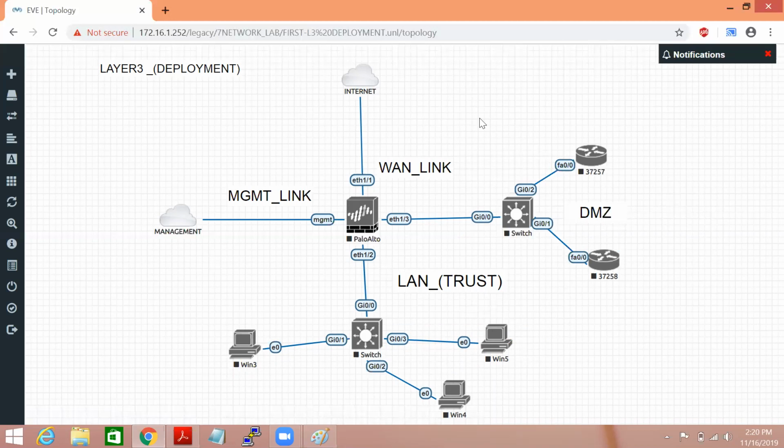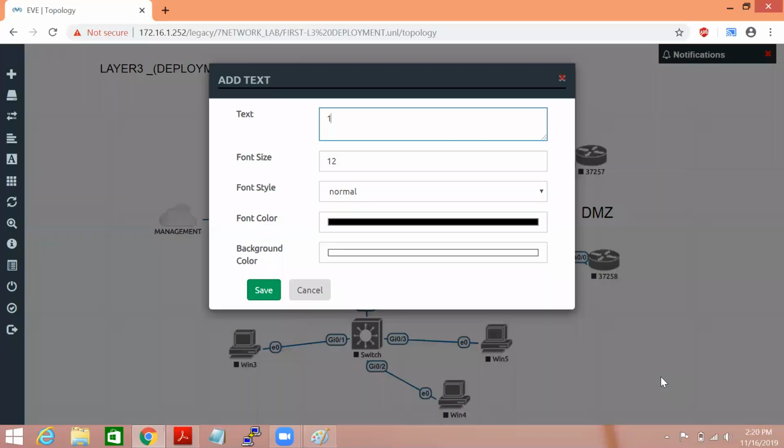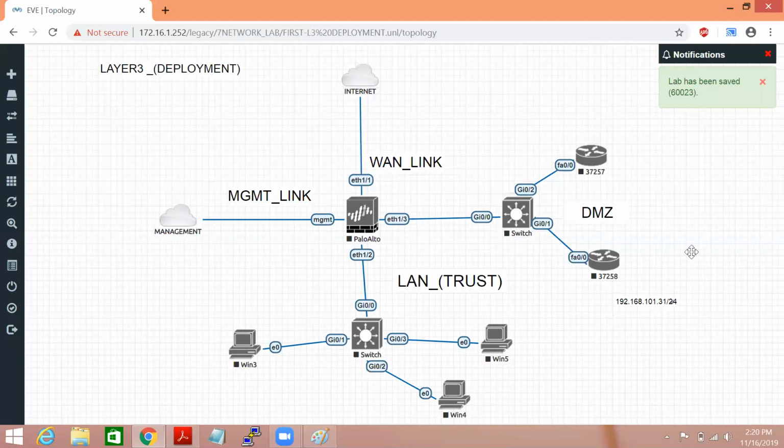So this is my very simple topology, where interface 1/2 leads to LAN, 1/1 leads to the WAN link, and 1/3 leads to DMZ. And I'm going to configure IP ranges also. The IP range I'm using here is 31/24, which I allot to everyone as your individual IP, and I'm going to use it on my WAN link.